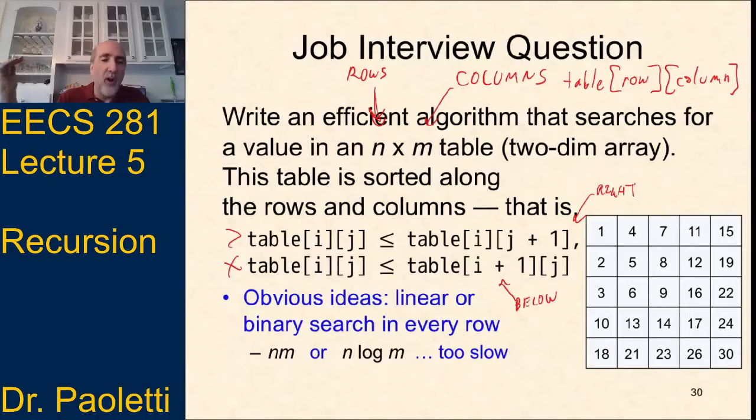So as we go from left to right through a row, values never get smaller. They always stay the same or go up. And as we go down a column, values never get smaller. They can stay the same or increase as we go down each column. So their question is, how do you efficiently